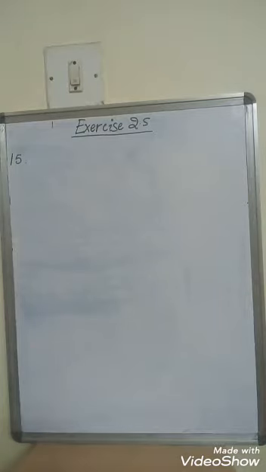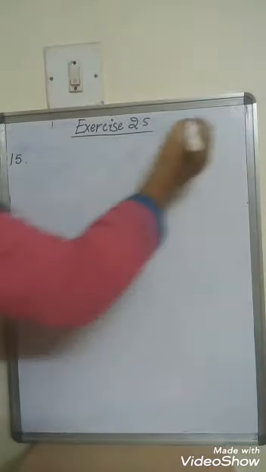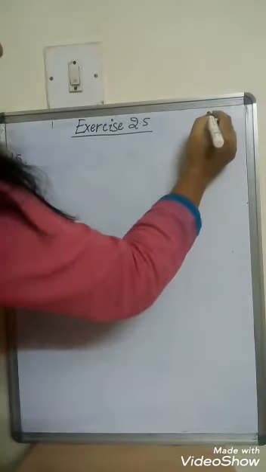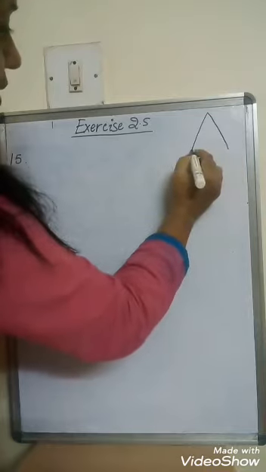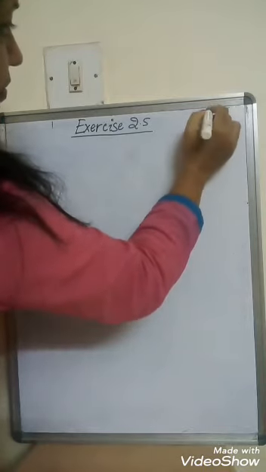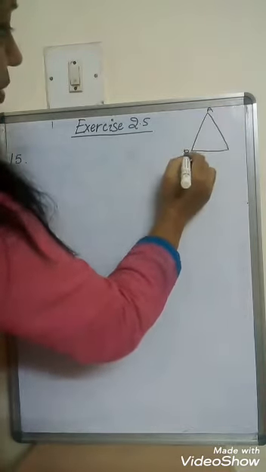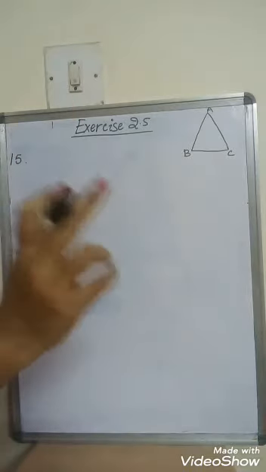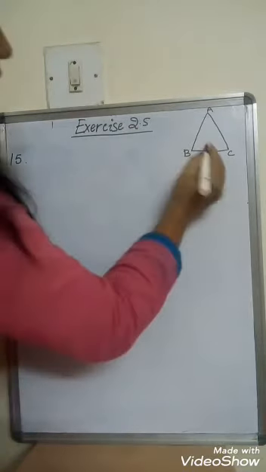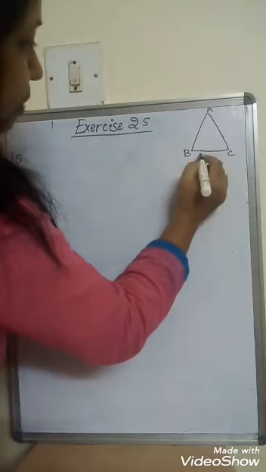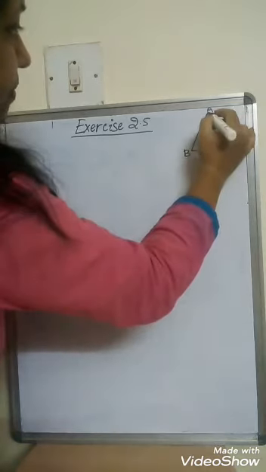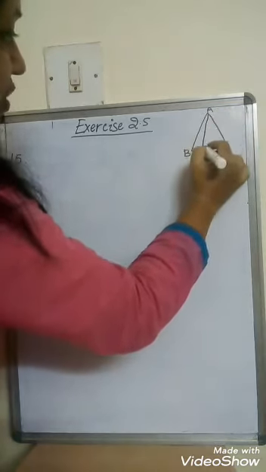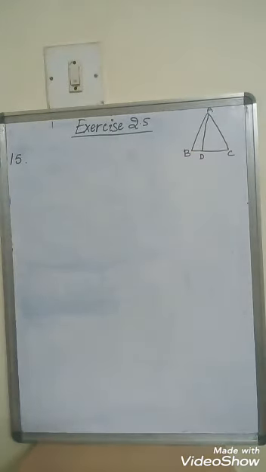Okay, so first let us draw. It is given ABC is an equilateral triangle where all the sides are equal. A, B, C. Then it is given that D is a point on BC. Now it is not given that D is a midpoint. It is given D is a point on BC. So we take anywhere a point D and we join the line here. Right? Now let us start.